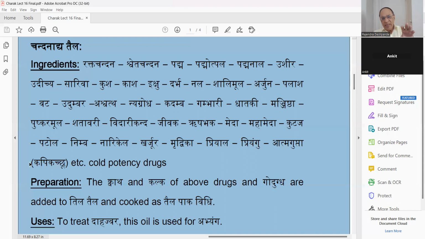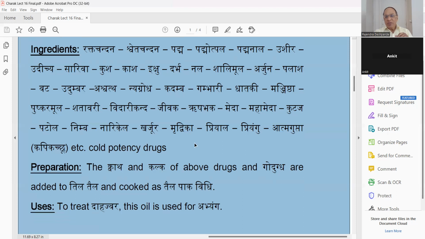इसके लिए यहाँ देखिए आप, विदारी कंद है या खरजूर है या मृद्वीका है, ये सब न्यूट्रिएंट्स है। ध्यान से सुनिए, न्यूट्रिएंट्स, इसको हम क्या बोल सकते हैं कि एक टर्म है न्यूट्रासूटिकल करके, उसको क्या बोलते हैं, फूड सप्लीमेंट। जैसे मॉडर्न वाले लोग विटामिन देते हैं, तो इसी तरह हम क्या लगाते हैं, नारिकेल लगाते हैं, खरजूर लगाते हैं। तो these are like the food supplements. हाँ, सो इसकी जरूरत है क्रॉनिक फीवर में। ये कैसे बनाते हैं,